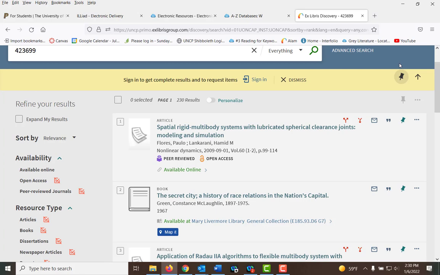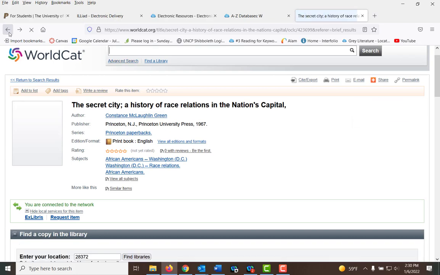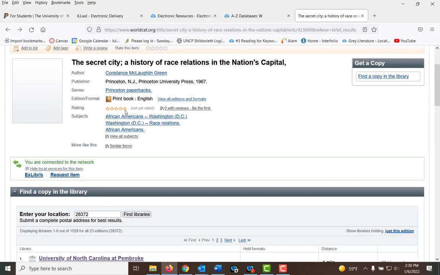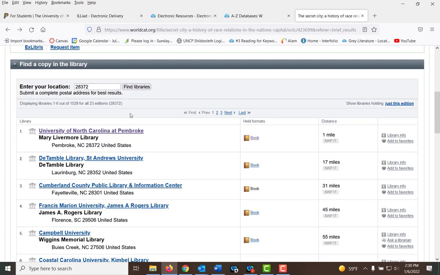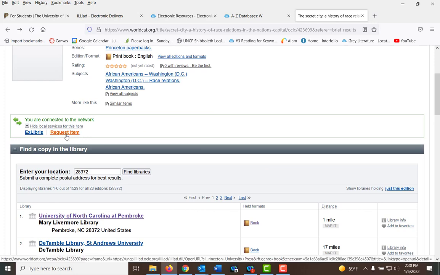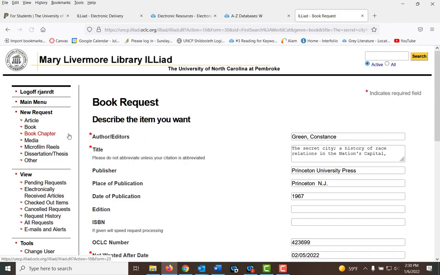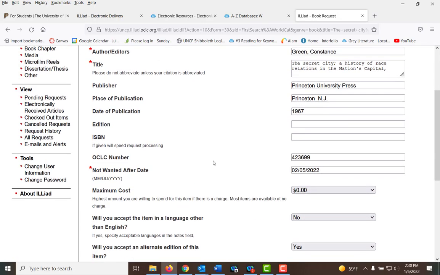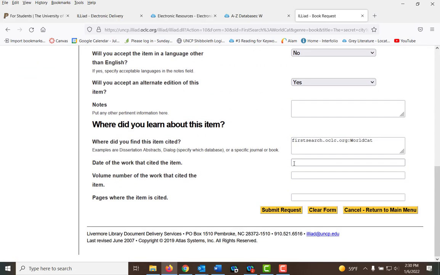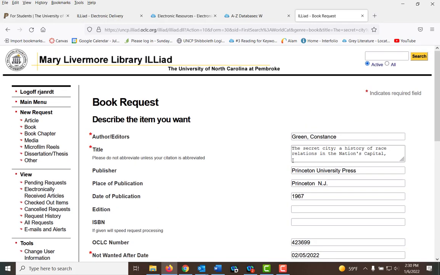Because if you make an interlibrary loan request for this book, it will first come here before we ship it on to your home. So that adds a delay period. But other than that, if you want to make a request for it, you can click on Request Item. It feeds into our interlibrary loan system once you're signed in and you click on Submit. And again, that book would be sent here.